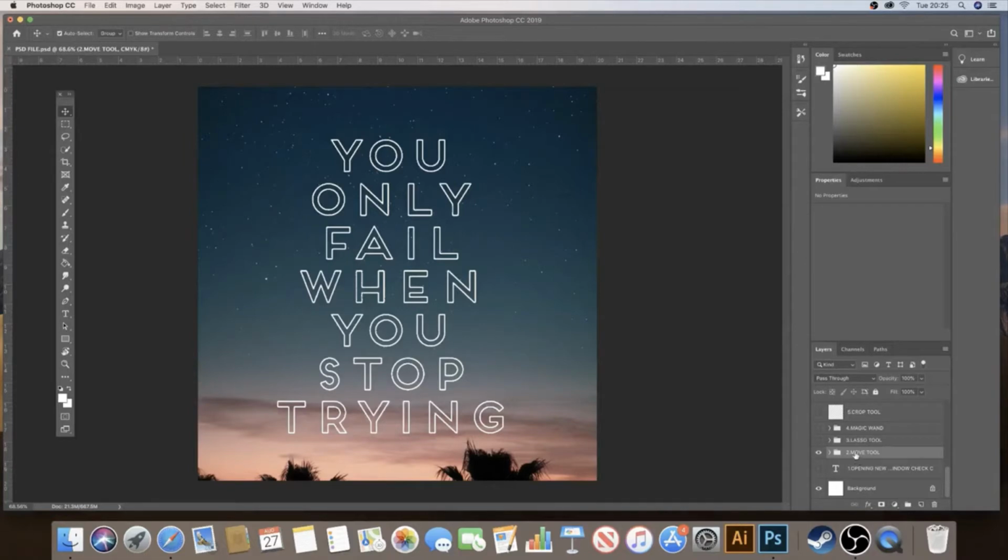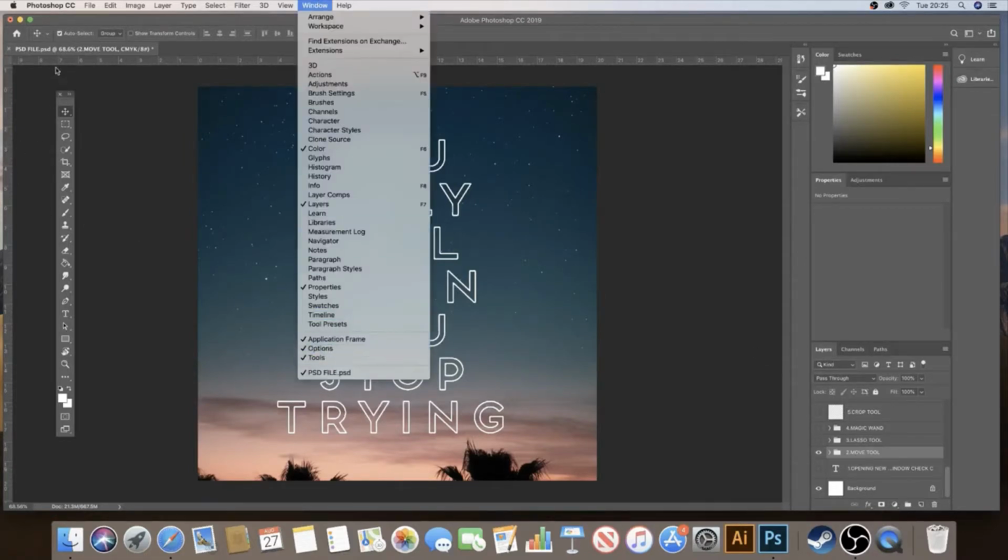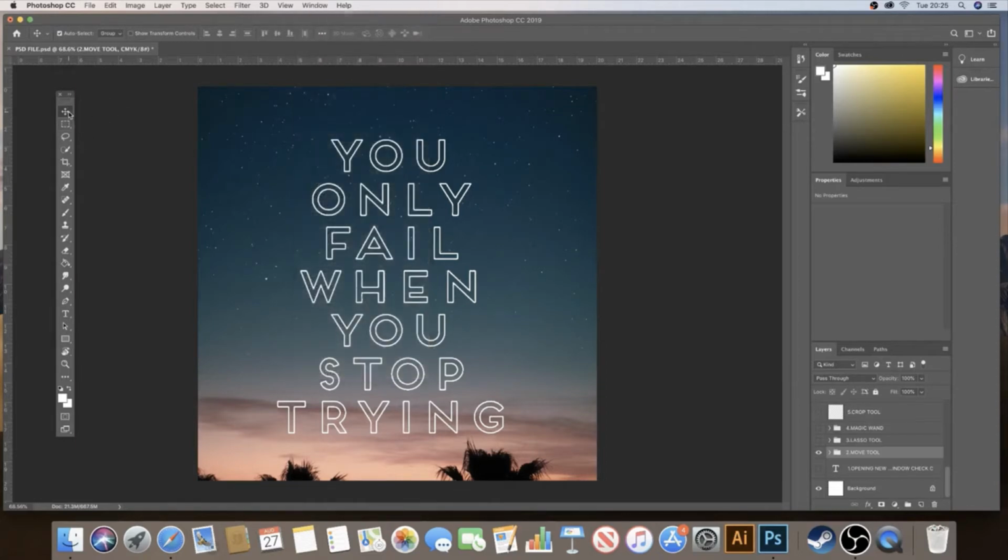Okay, so number 2 is the Move tool. We've got Windows, Tools, make sure your toolbar is open. It's the top one, and the hotkey for that on your keyboard is the letter V, Victor. It brings up this. You can see there's a little arrow here,